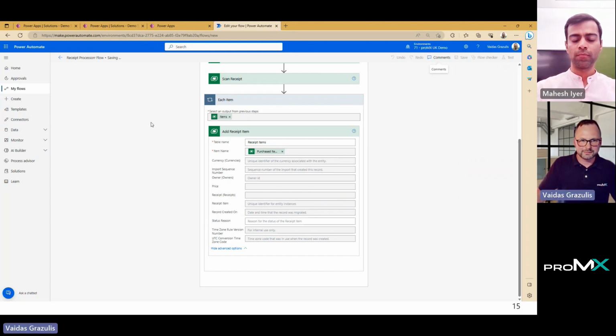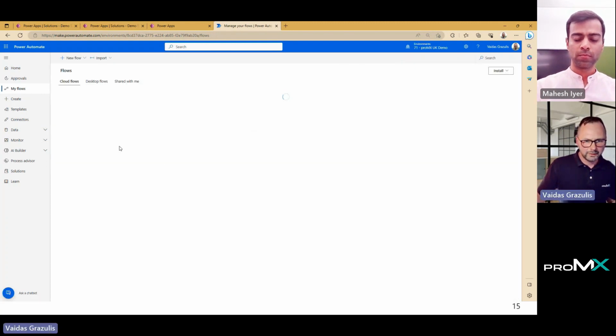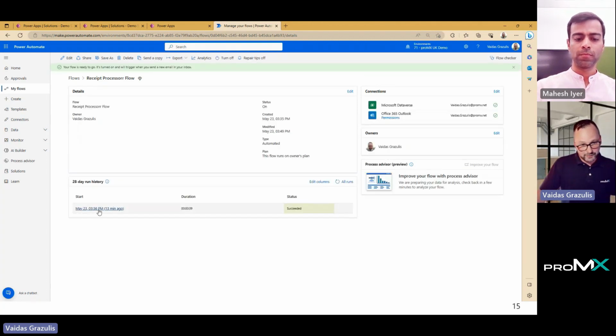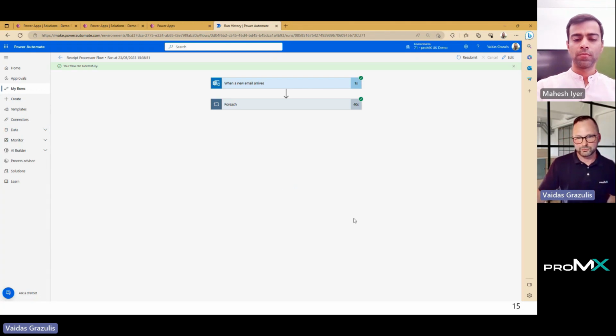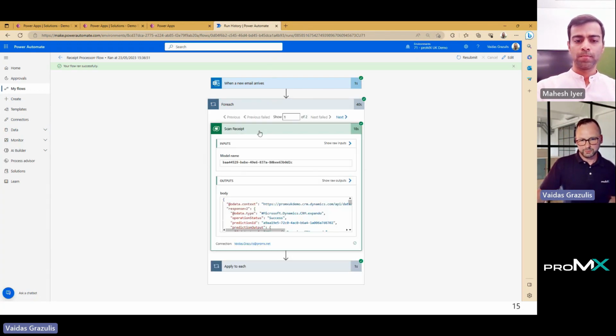Let me just bring you back a step to our flow. One step I wanted to demonstrate from our previous successful run is the actual payload or the response from our receipt scanning AI model usage. So this is the output. This is the entire body of our process step.